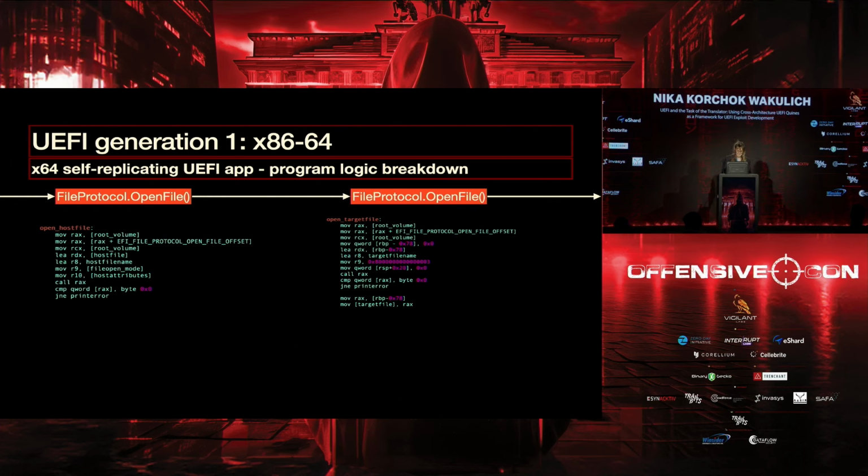So we have two calls to open file, and then we have a call to read, and we have a call to allocate pool. Allocate pool creates a temporary buffer. Read file reads the file into the temporary buffer. Usually this is an operation that takes two calls to allocate pool. In our case, because we used loaded image protocol to get the image size,